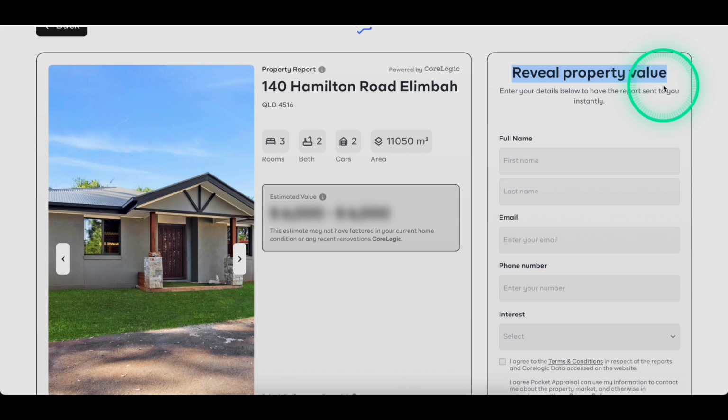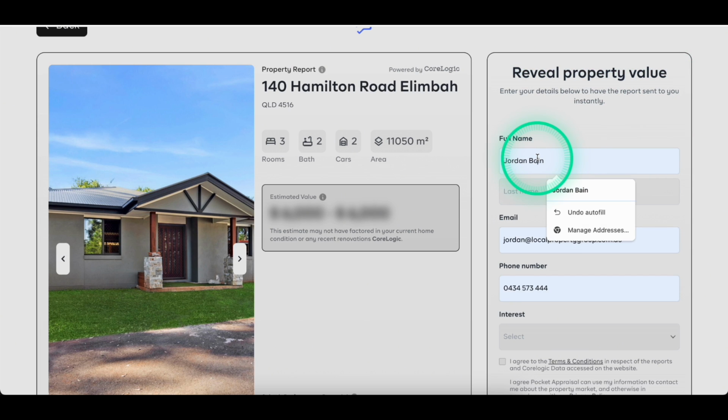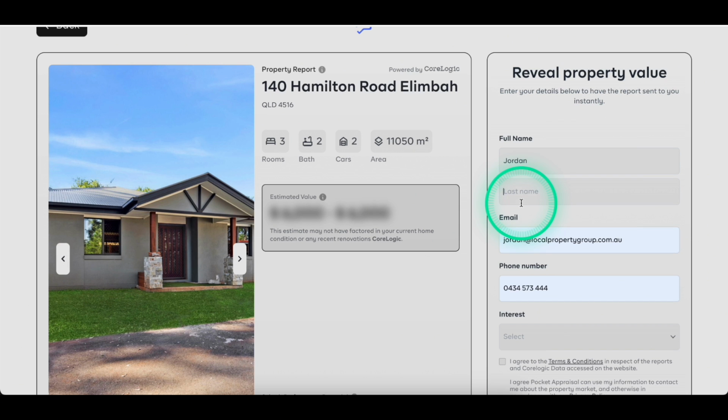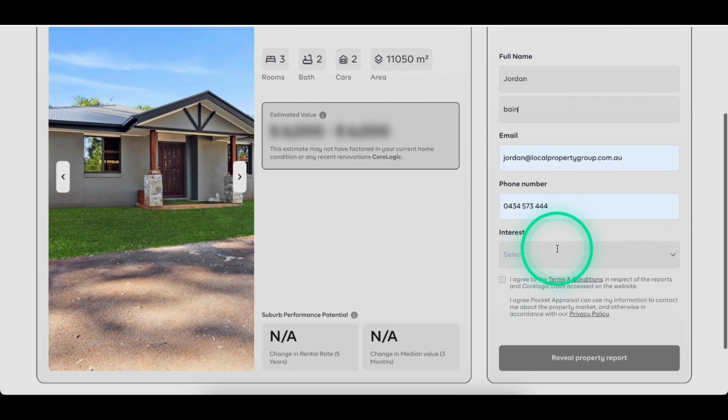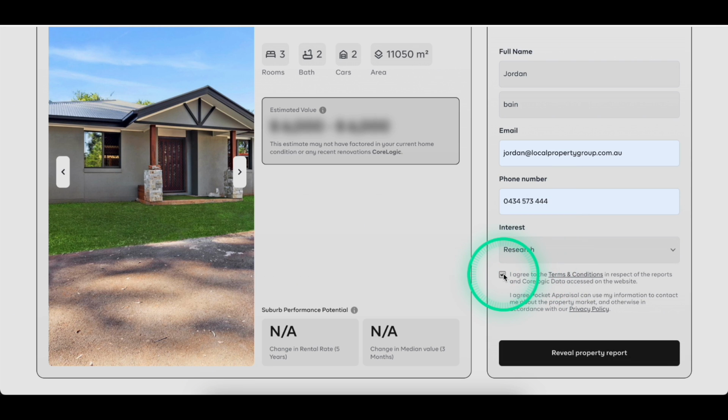You can see we direct their attention to the right-hand side: reveal your property value. All you've got to do is type your name, your number, and email address. And then there's the option to give what you're looking to do, so your interest level. Just keep it simple. Give them two options: research or selling. Don't overcomplicate it too much. Then agree to the terms and conditions,